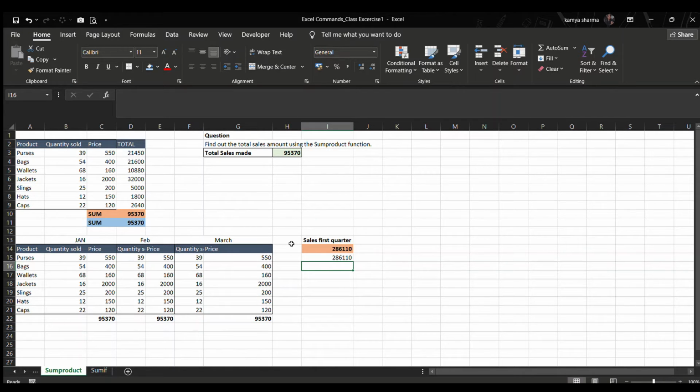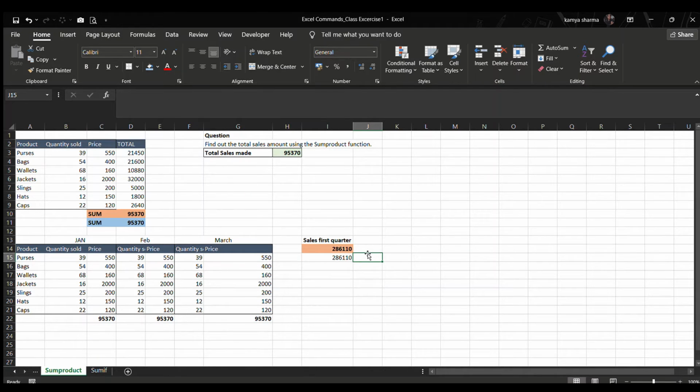Sorry, it's not 28,610, I'm sorry. And how you can check is just by selecting 1, 2 and 3, and you can see at the bottom there is a sum which Excel also provides automatically, and this is matching our value.